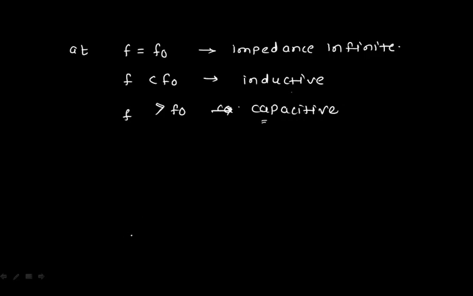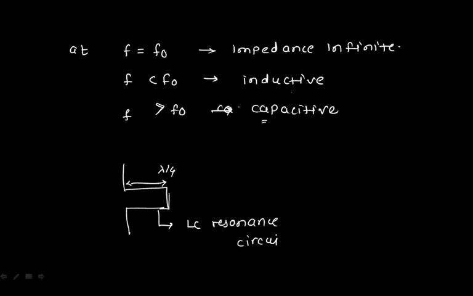Instead of putting that LC circuit, if you short circuit two transmission lines, these are the two transmission lines. If you short circuit this transmission line with the length of lambda by 4, a simple short circuited antenna, it works as the LC resonant circuit. ठीक है, ये आपका LC resonant circuit के जैसे ही काम करेगा. So if you see the equivalent circuit for this one, these are your transmission line, and this is nothing but your antenna. ठीक है, so whenever you are giving such kind of a things, it will offer a maximum